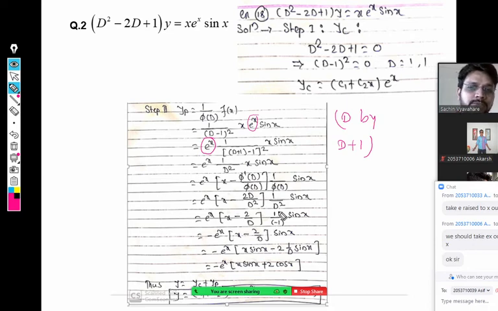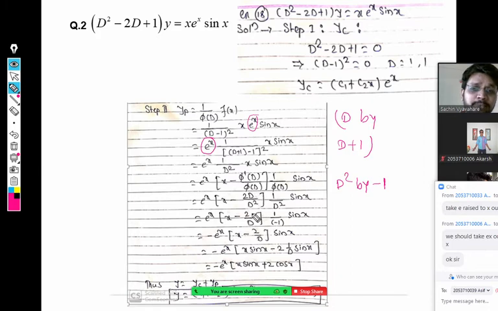One way is this formula. The other way is 2 times integration of x sin x, using the product rule by parts, which is lengthy. So I used this formula: x minus phi dash D upon phi D, into 1 upon phi D of sin x. The method says when the trigonometric function is left, we should replace D square by minus 1. So this D square is replaced by minus 1 and this also is replaced by minus 1.